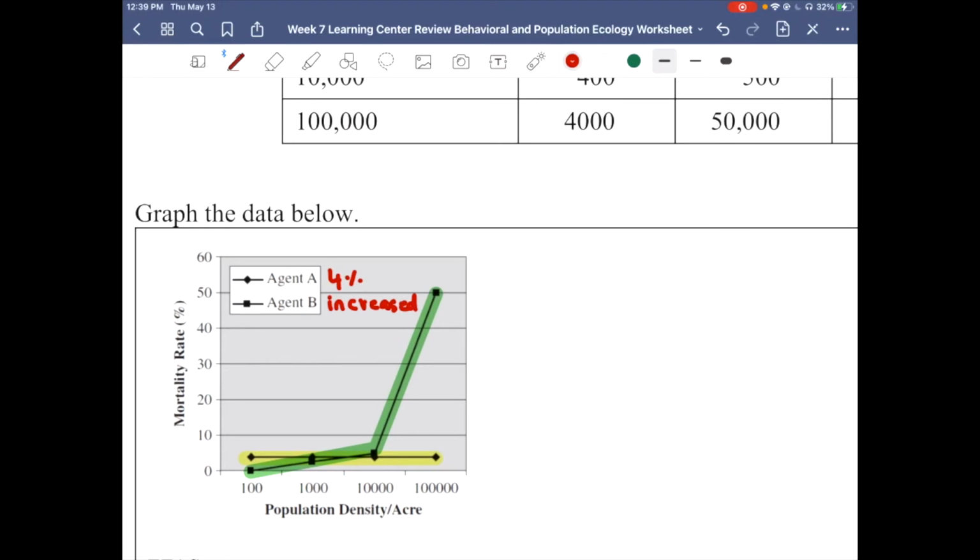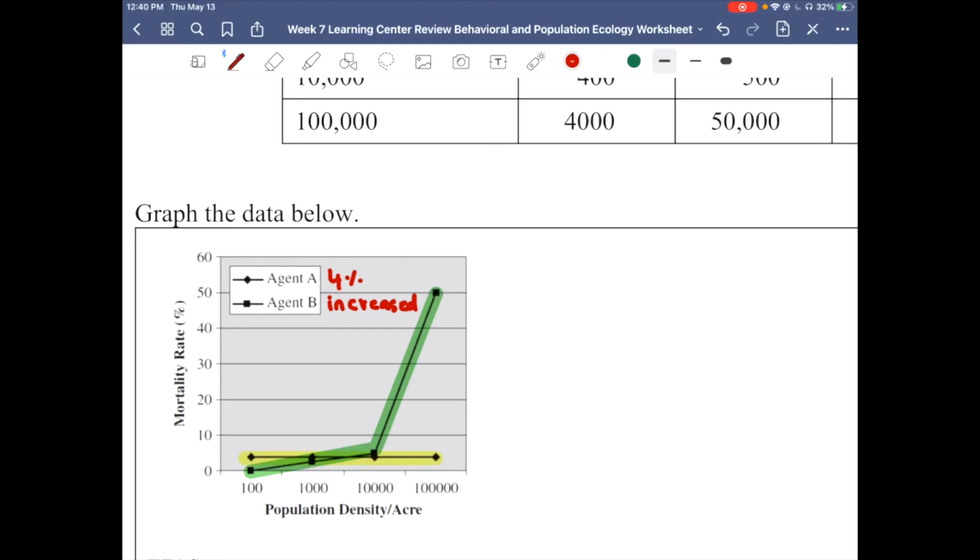I'm seeing agent A, but it would actually be agent B. I can see why you think it's A because A is constant over time. We might think that it tends to stabilize the population, but it's actually B